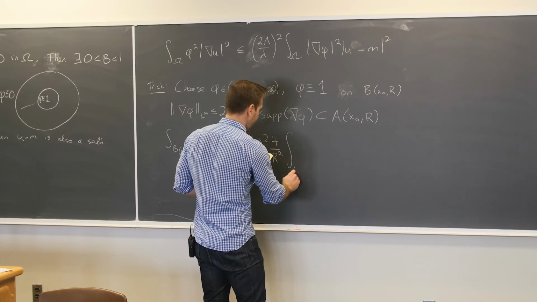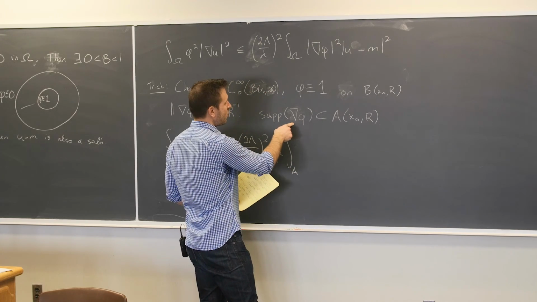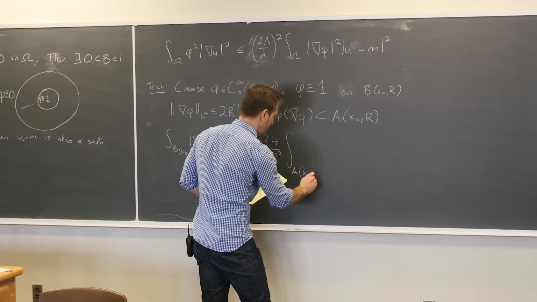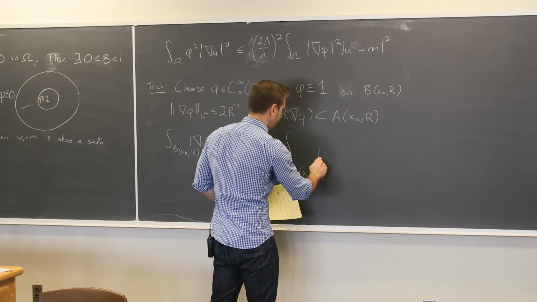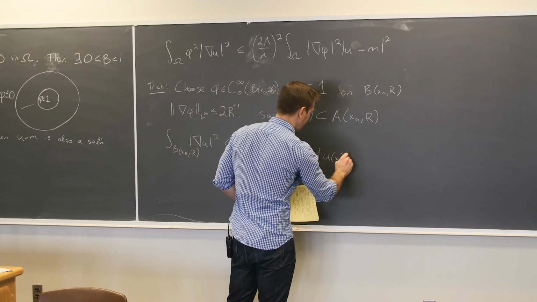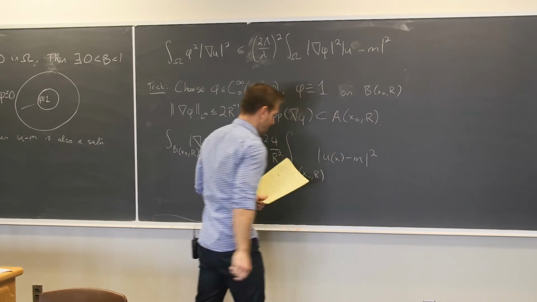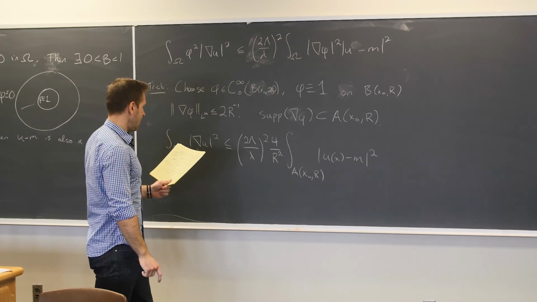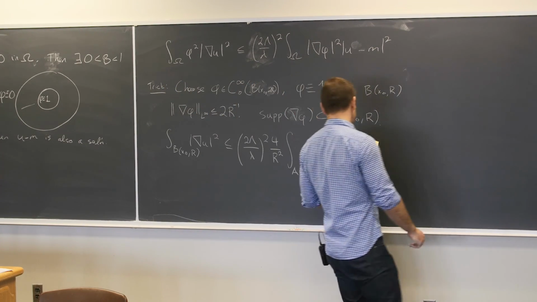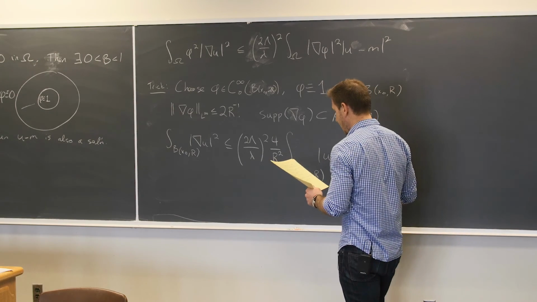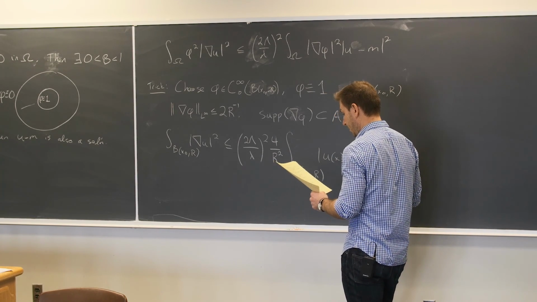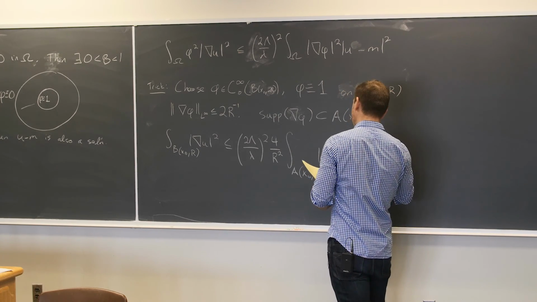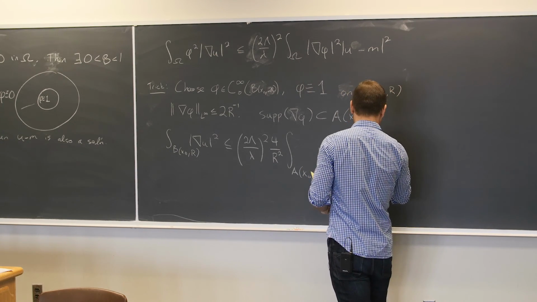And in here, since the support was in the annulus, this is just going to be over that annulus of this. And so we can rewrite this then as something confusing. All right, so then we can just rewrite this as